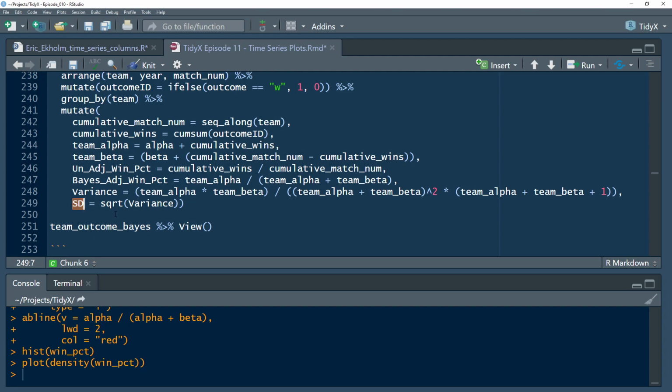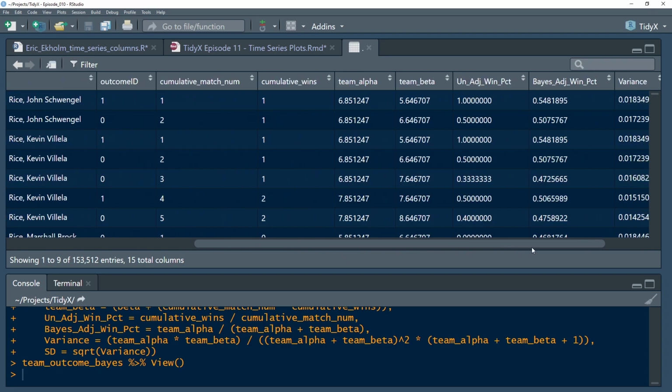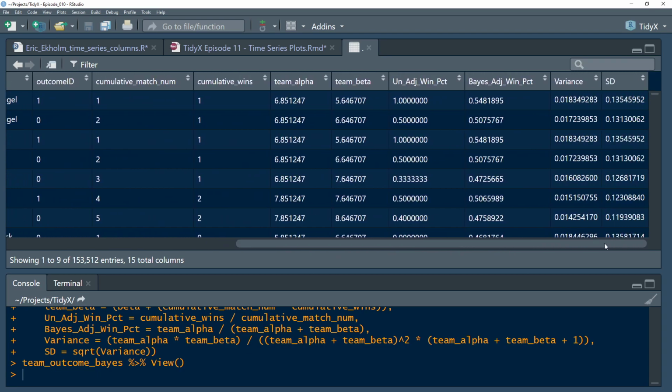So if we run that, we get a data set that gives us some columns at the end. So there you can see, for example, the first one right there. So that team went out, and in their first game they won. We don't assume that they're a 100% team, obviously. We know that our initial prior at 50% was average. So right now we're assuming, okay, this team might be a little better than average. And as they play more, you can start to see